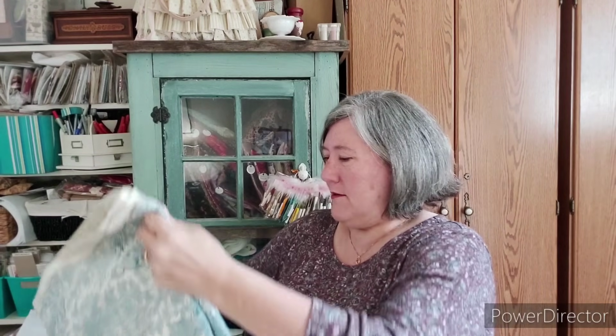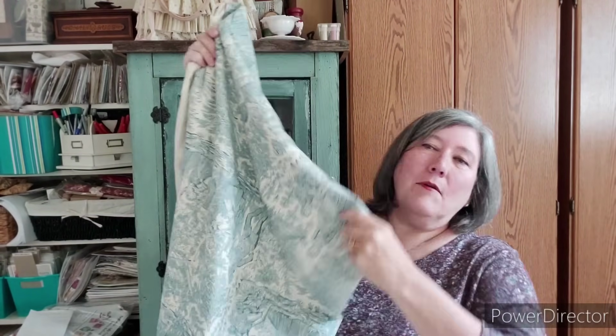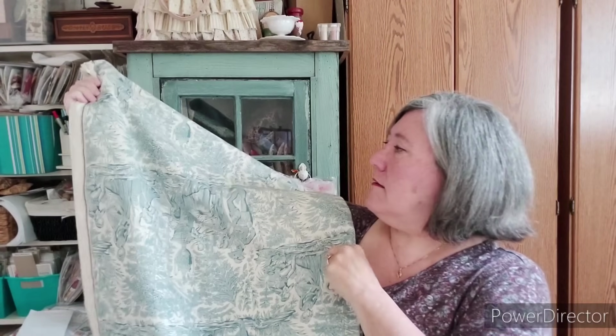Anyway, the flat fold fabric, which is 90% of what she had, 95%, was $6 a yard. And the batiks were $7 a yard. Well, I have some batiks, but not much. Batiks aren't really my thing. I was kind of looking, I didn't see anything, and then I saw this, and I'm like, that looks like a French general. So I pulled it off the shelf, and sure enough, it was. And look at this guy. He's got kind of a French hat and a little, I love this fabric. It's kind of a toile. I guess you would call it that. But for $6 a yard,